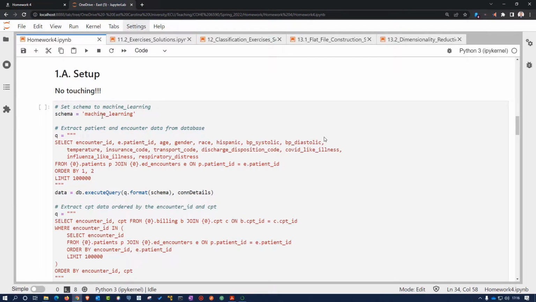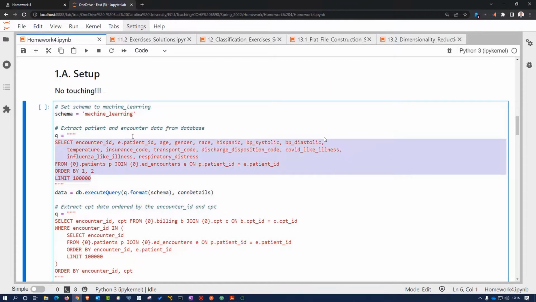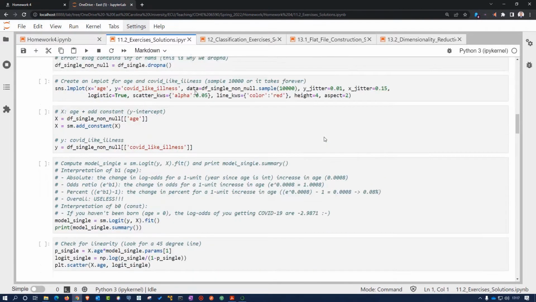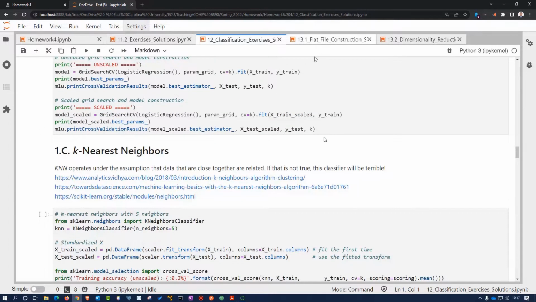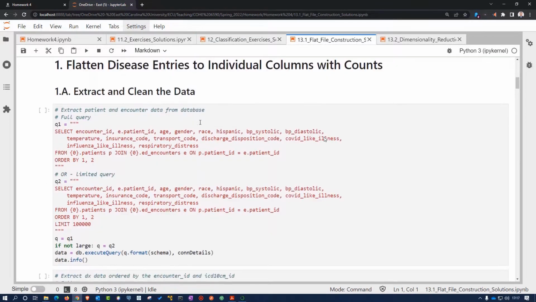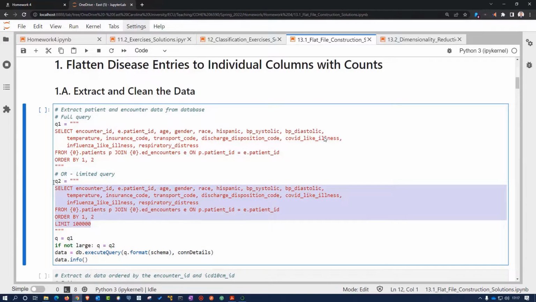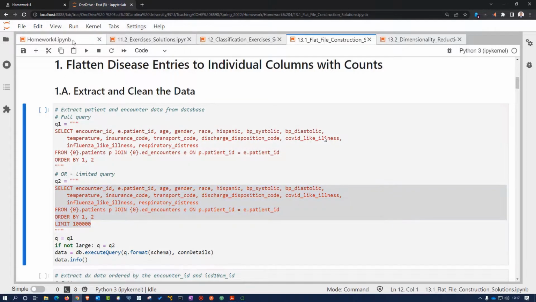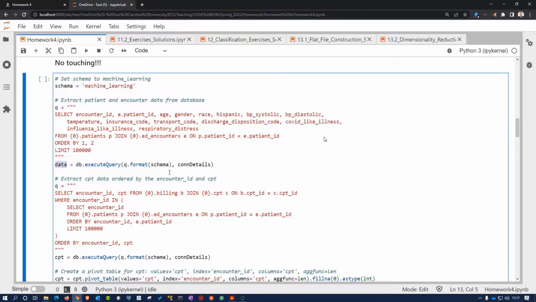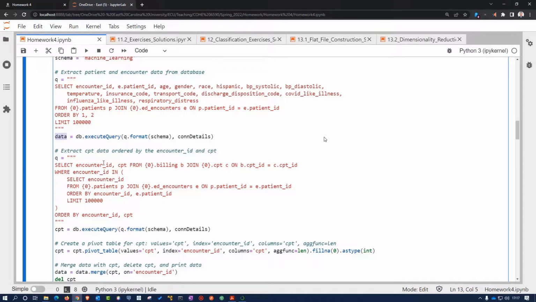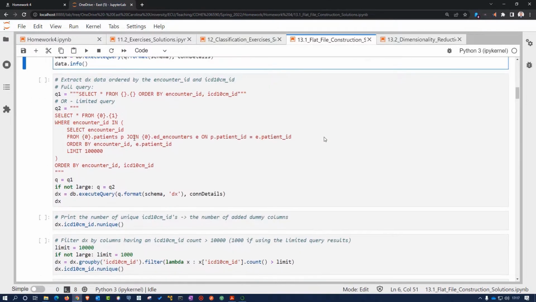So schemas, machine learning. Okay, the query we're running here is just the limited query, the exact same query that we used in, is it 13.2? One of these might not have been here. 12, 13.1 maybe. 13.1, yeah. So it's this query here from 13.1, the limited query response. Okay, and that'll set data from there. And this here is slightly different. Okay, so this one here, we're using CPT as opposed to DX data. So here we're using, oh,